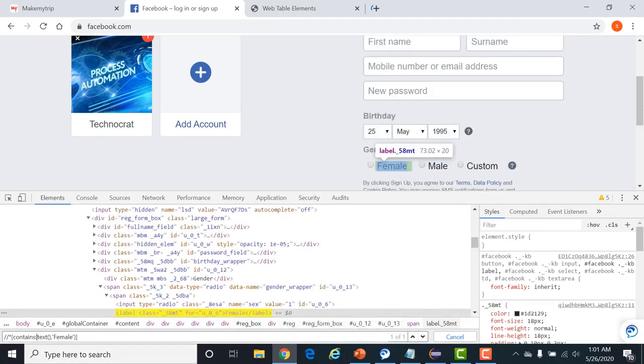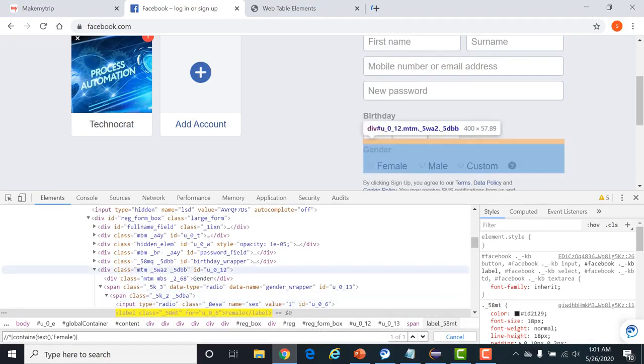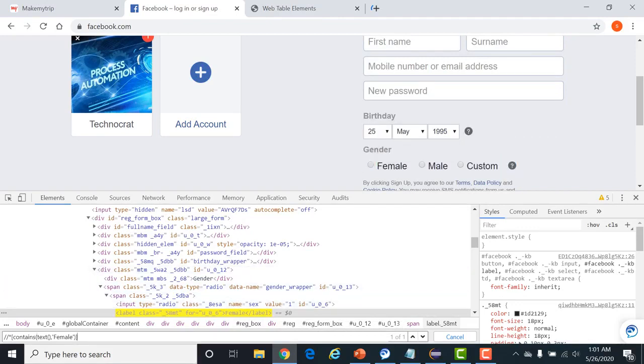Now it is identifying this female element. Now I want to go upward till here. So either I write parent, the first parent is span, and again if I write parent, it will be span element again. It is not identifying. Let me check. Okay, this is capital, this should be small.